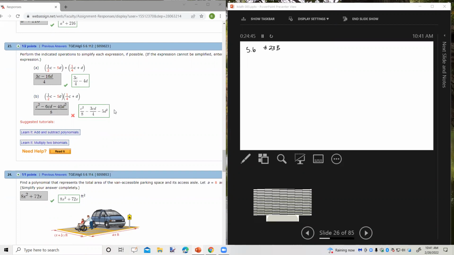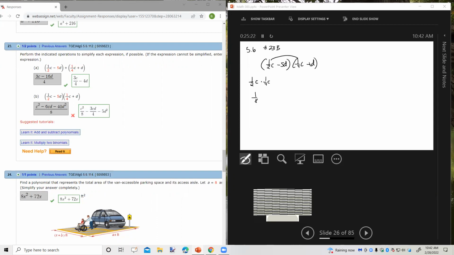Okay, perform the indicated operations to simplify each expression if possible. If expression can't be simplified, enter so. All right, so what we've got here is 1/2 C minus 5D times 1/4 C plus D. And I'm not going to go through the entire explanation right now. I'm just going to do the problem, and then I'll go back and we'll start over and explain everything. But to do this, we're going to multiply this times this, which is 1/2 C times 1/4 C,